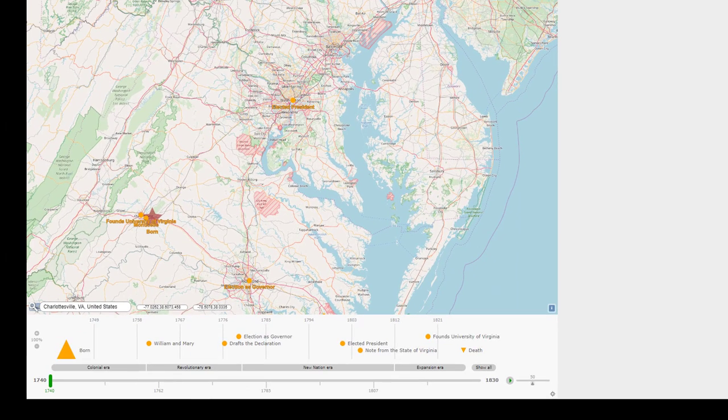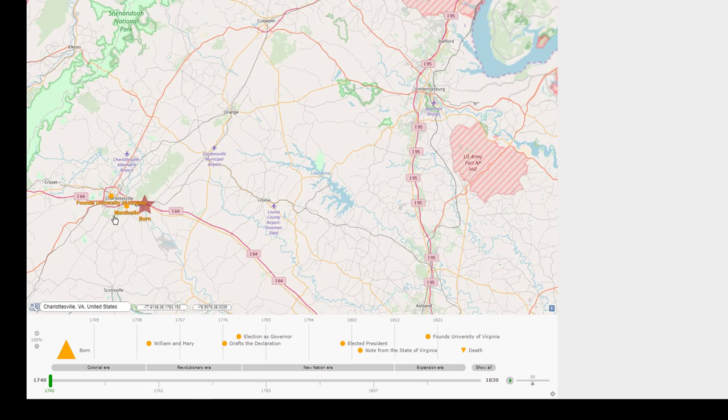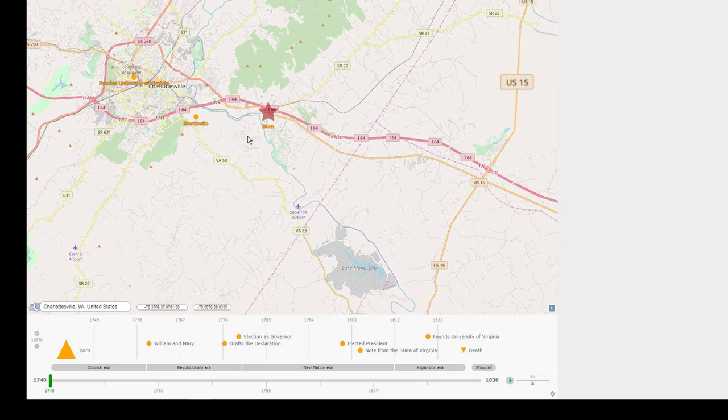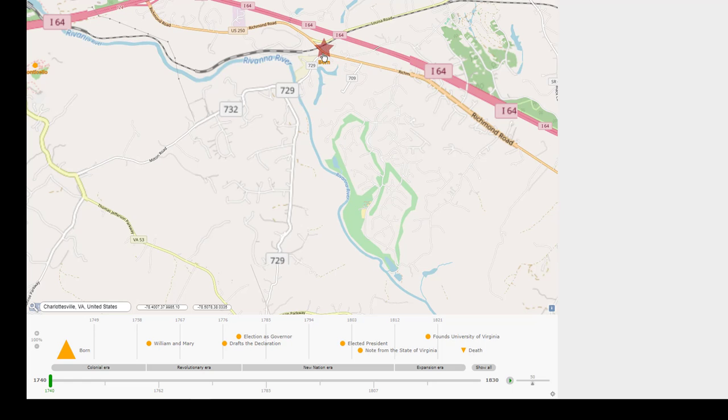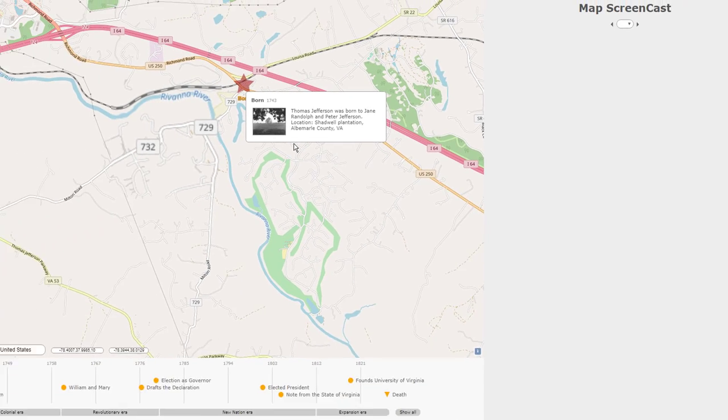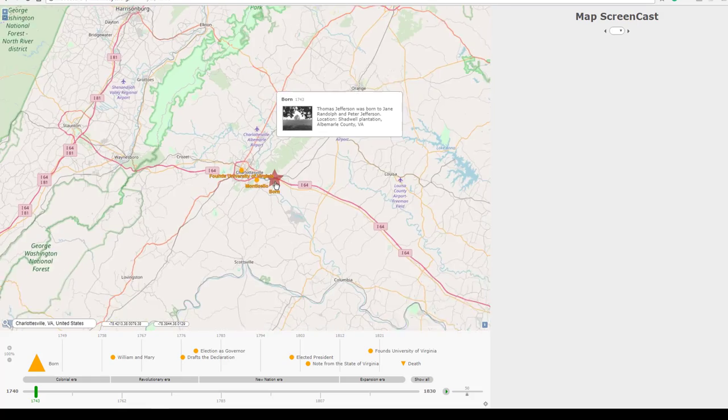Okay, there it is. Now if we look here, he was born in Shadwell, Virginia, which is right there, and so we have a red star, and when we click on it, it's the same as if we clicked on it in the timeline. We get the pop-up box. Now we can inhibit these. If you look in the documentation, you can decide whether you want to have the pop-up boxes come up or not, or whether you want them only to show up in the timeline or only in the map itself. Okay, so that's